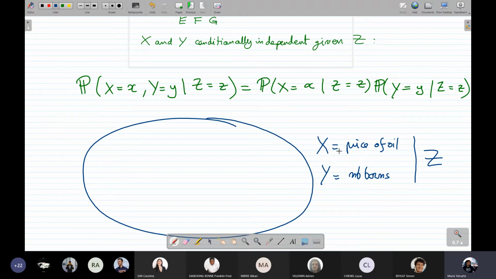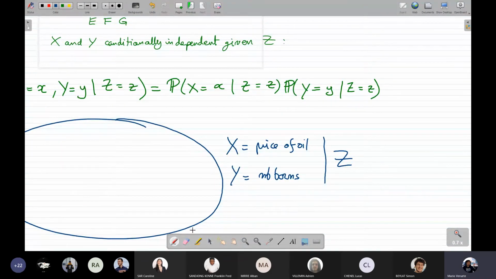So I want to know if the price of oil is independent of the number of new people arriving to the world, conditionally to something interesting, for example, conditionally to the continent where I want to invest. You know, this type of computations, economists are very